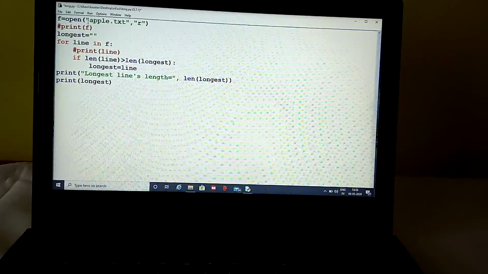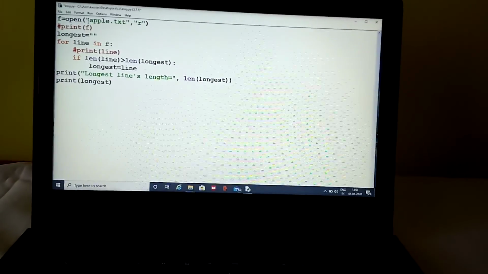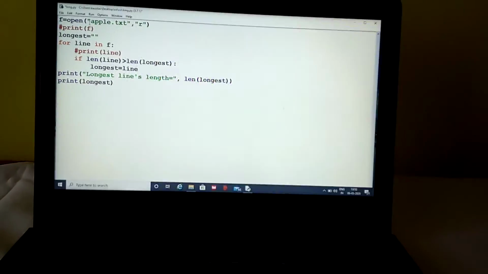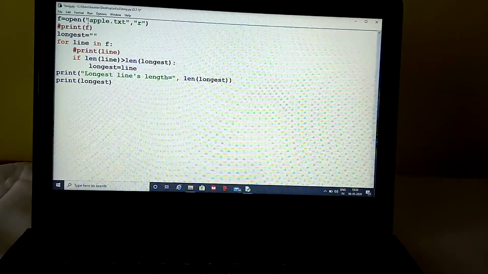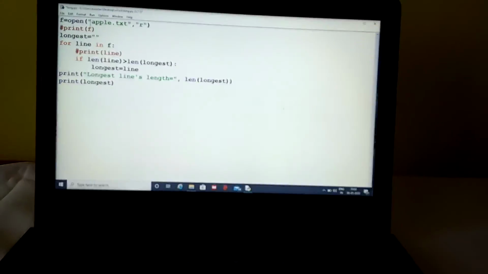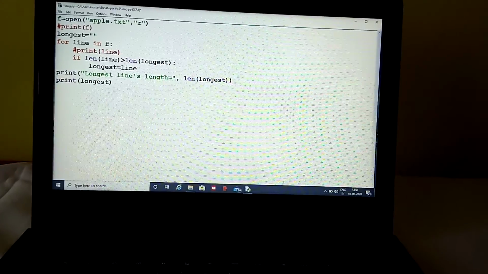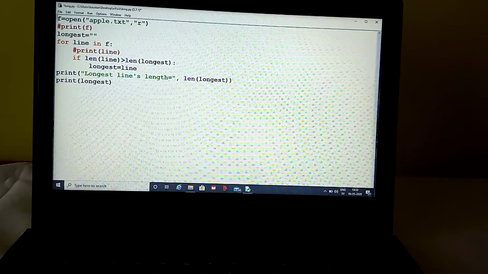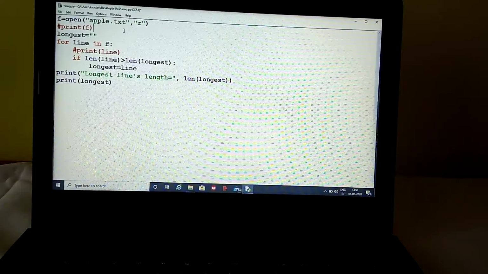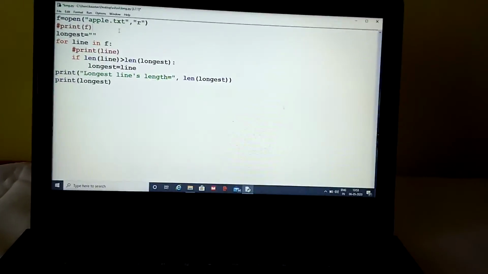A file object in Python is a stream of bytes where the data can be read byte by byte or line by line collectively. So we have understood the use of f: f is a file object with which we do all the operations.